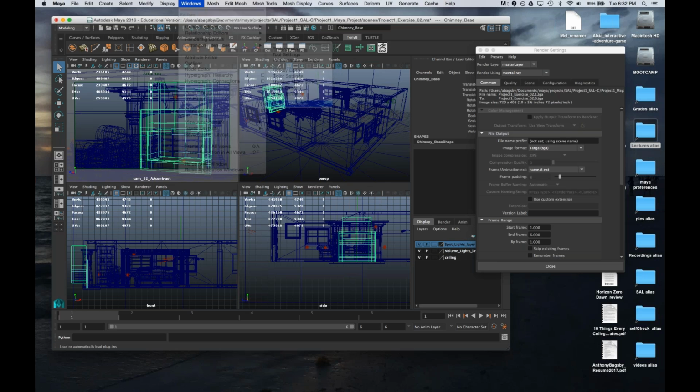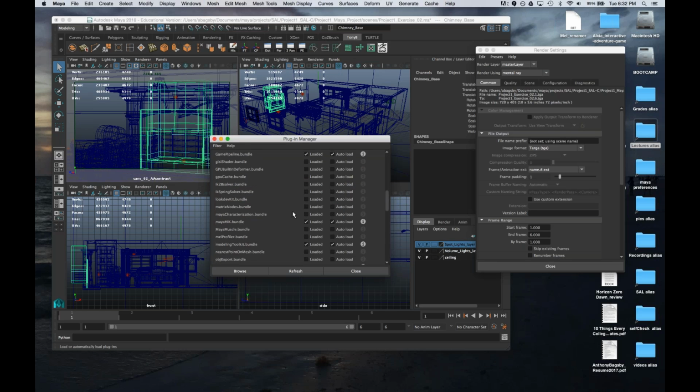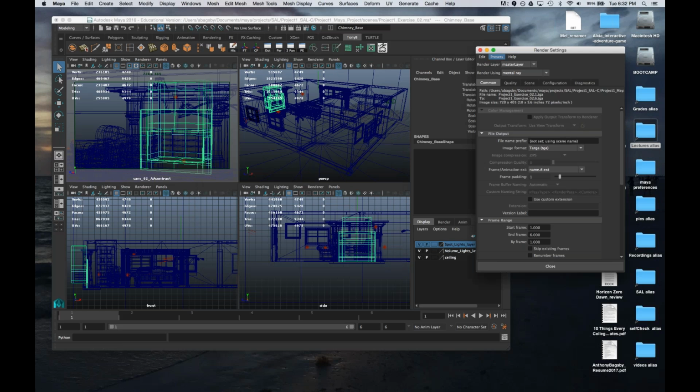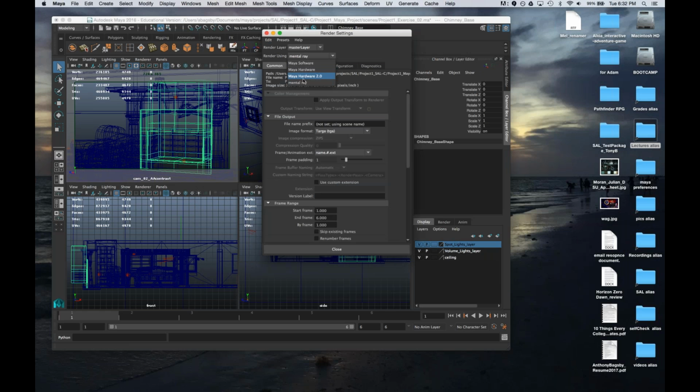Thanks. Preferences, plugin manager. Down at the bottom, load Maya Tomar bundle. And then make sure to go to Mental right here.